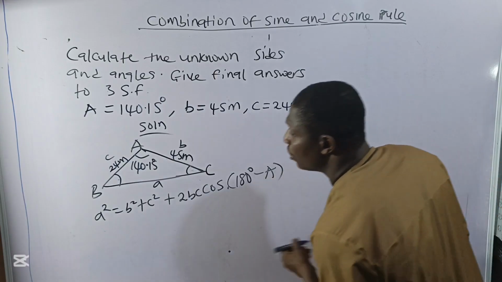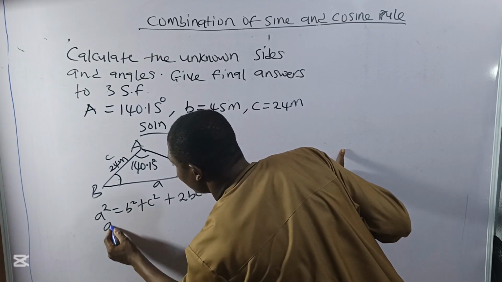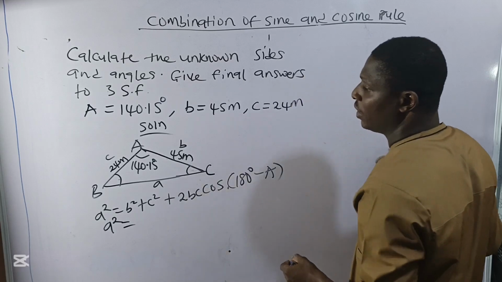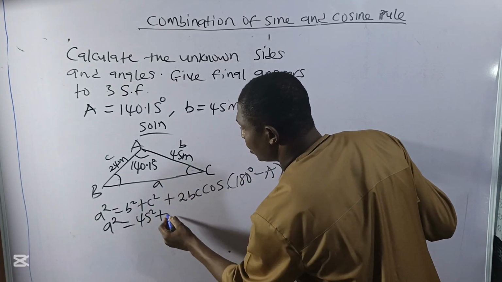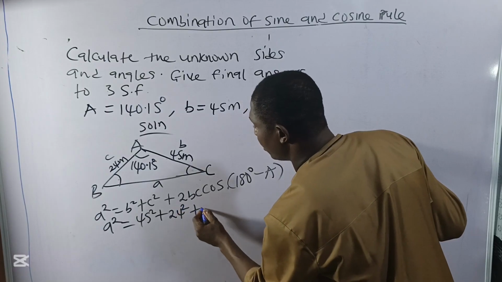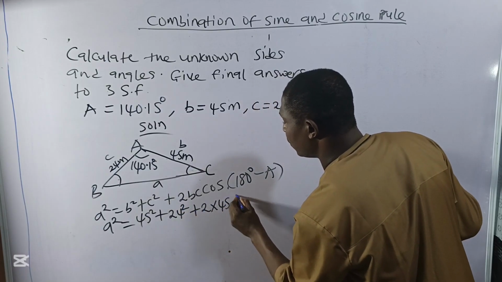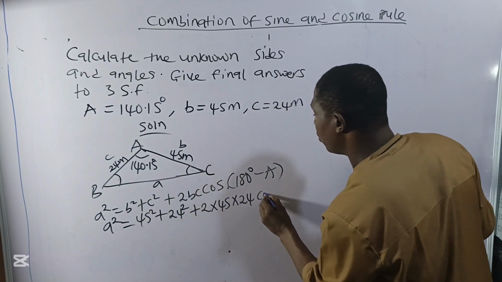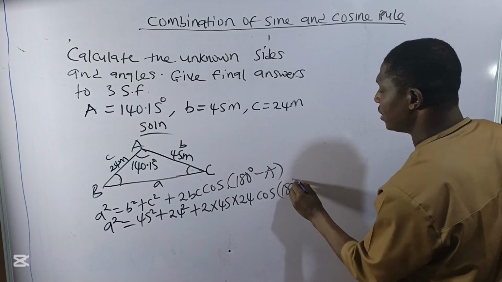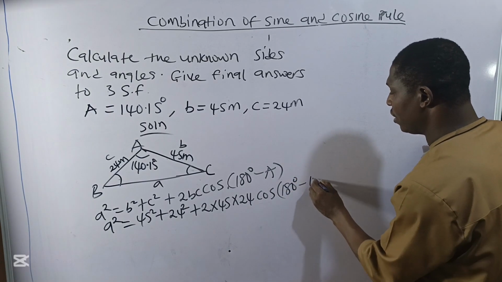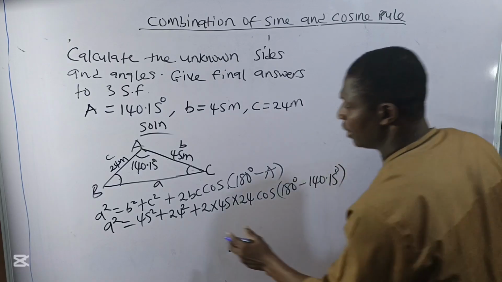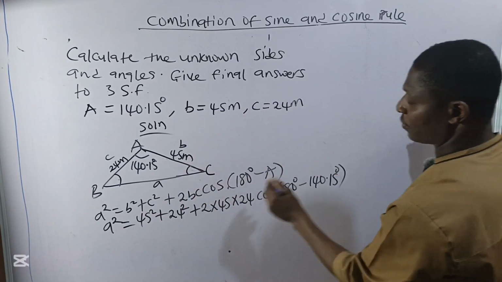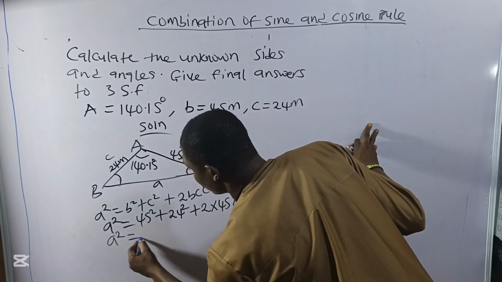Take notes. So if I'm putting my values, I have a squared equals, my b is 45, so I have 45 squared plus my c is 24, 24 squared plus 2 times 45 times 24 cos of 180 degrees minus the value of A, which is 140.15 degrees. And I'll have my a squared to be equal to,